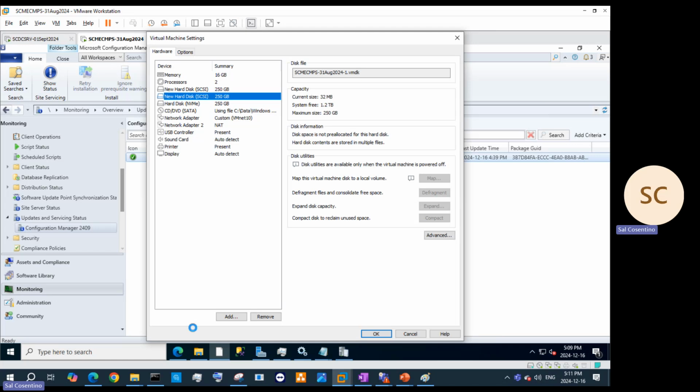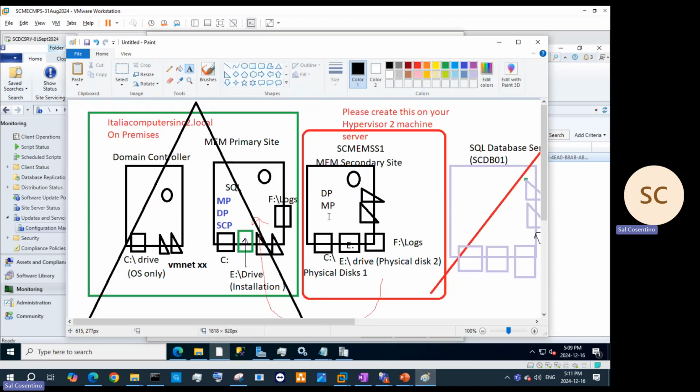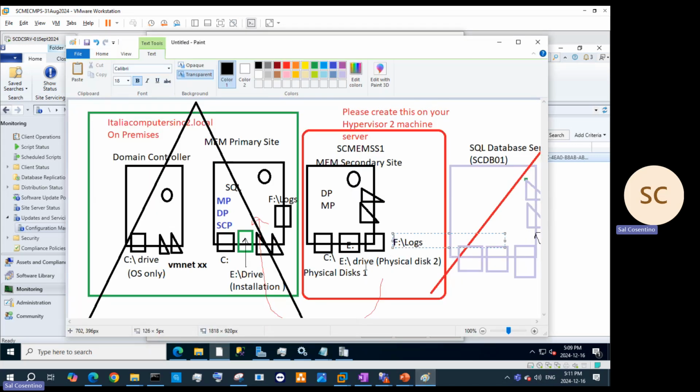When you're creating your secondary site, you can create it on the same server, or if you want, I wouldn't. I would obviously have created a new server for that, with 3 drives and the same OS server version. Once that's done, you initialize the disks and rename them to logs F drive, and then E drive would be